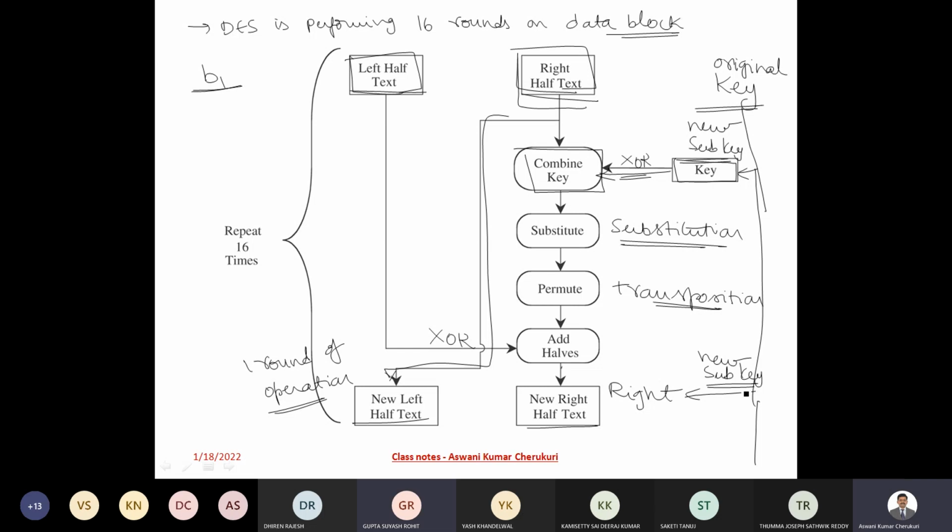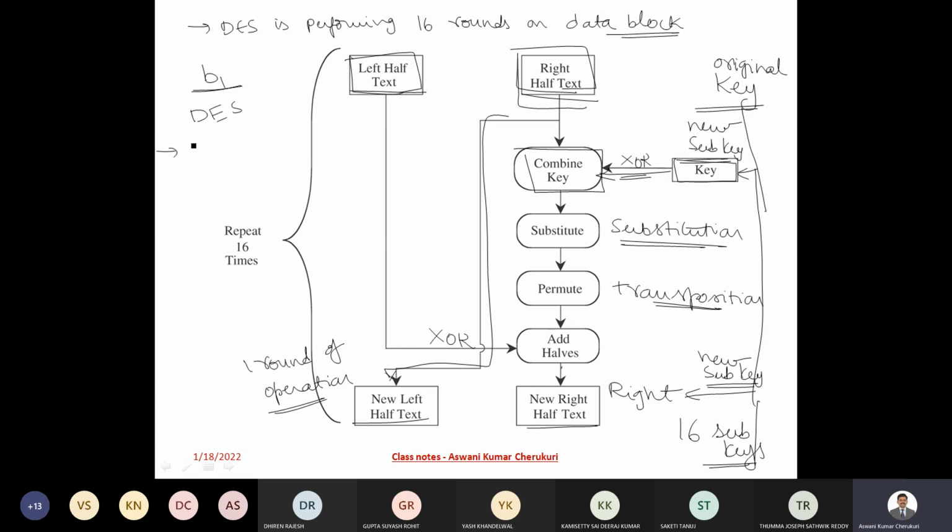How many new sub keys would be generated? 16. So totally you are going to get 16 sub keys that are generated from the original key. That is the reason why when you look at the DES, or maybe in the next classes when we talk about the AES,